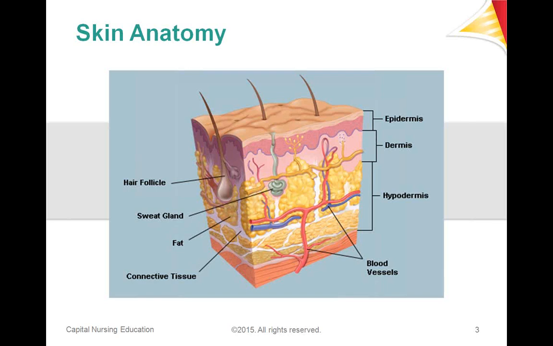The layer under the dermis is called the subcutaneous tissue, referred to more accurately as the hypodermis. It's really composed of connective tissue and fat, and its primary function is to store energy and to insulate the body. As we work with problems on the skin, we focus a lot at the pH of a healthy skin,